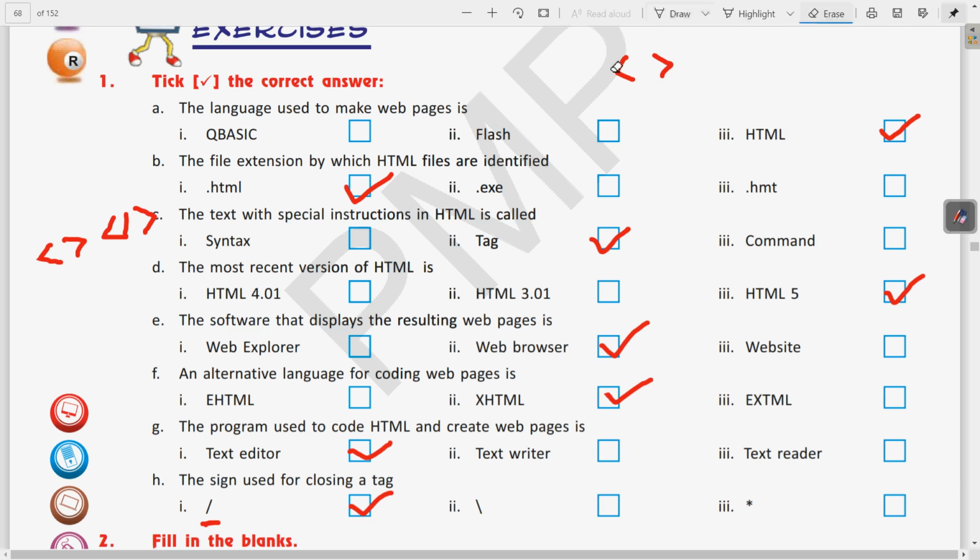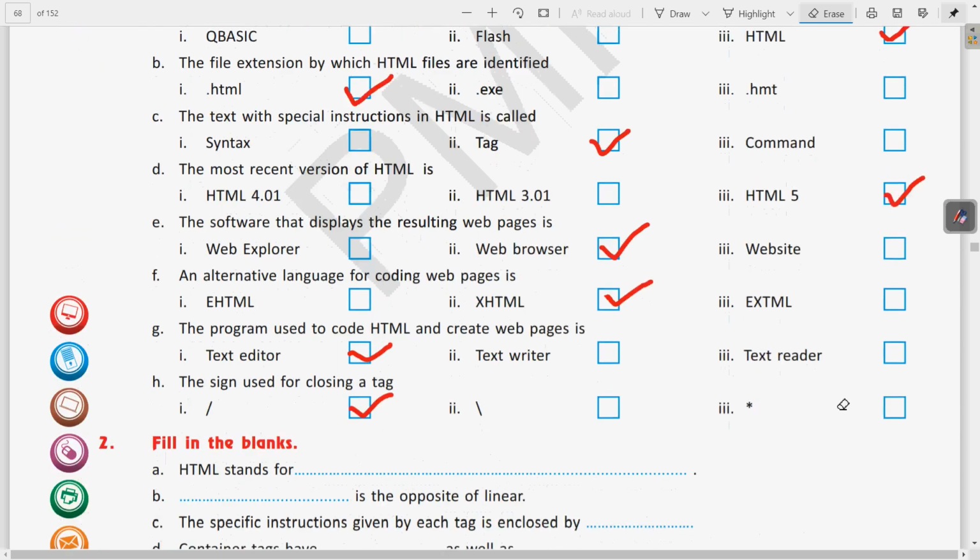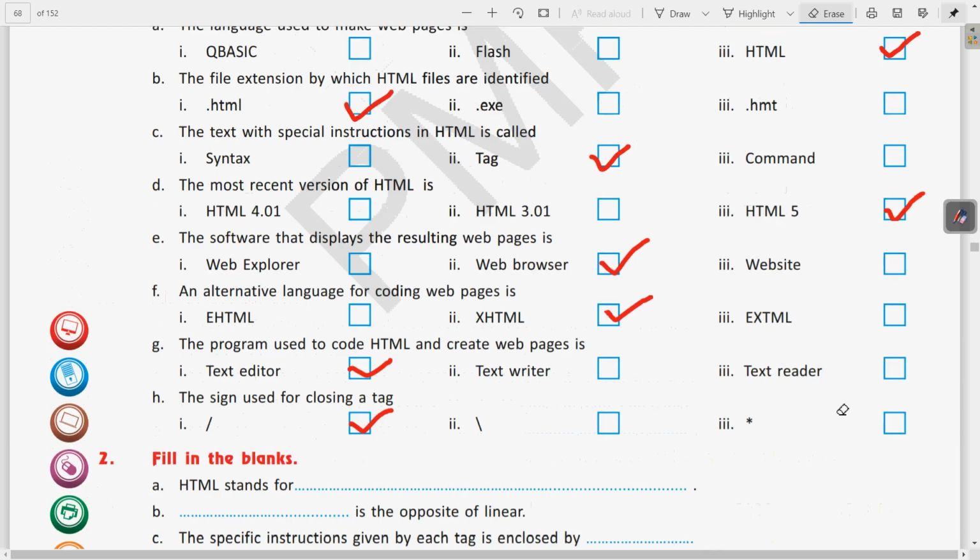Okay, I hope you have written. So let me erase all these things. Now all of the answers are together on a single screen. If you have not written, you can take a screenshot, or we can wait for a moment so that you can write the answers, or you can also pause the video. So let us now move to question 2, that is filling the blanks. I have written the answers on a new page. Let us come to that page and from there you can write it.